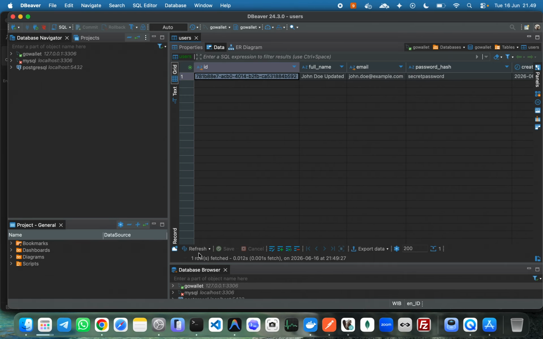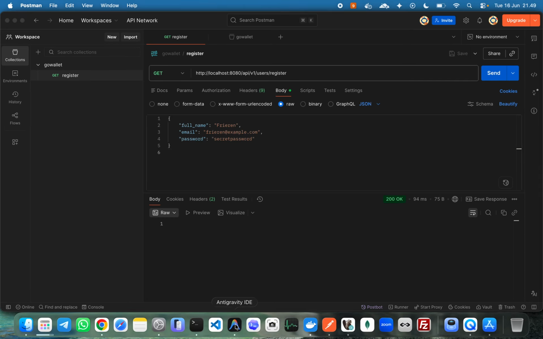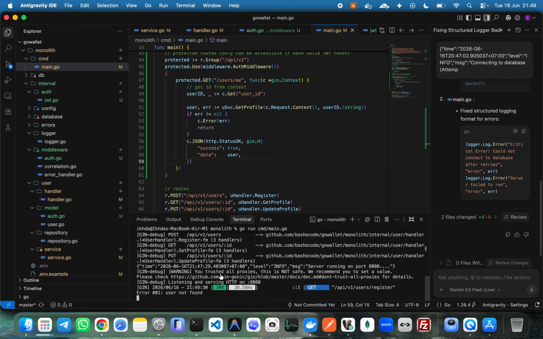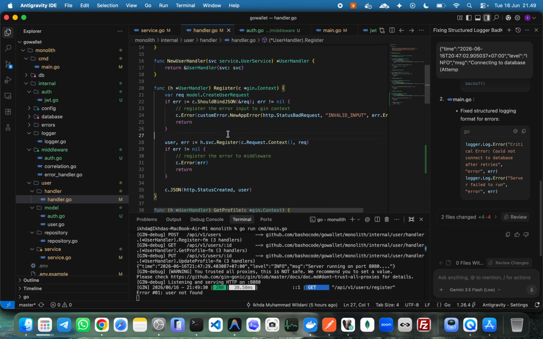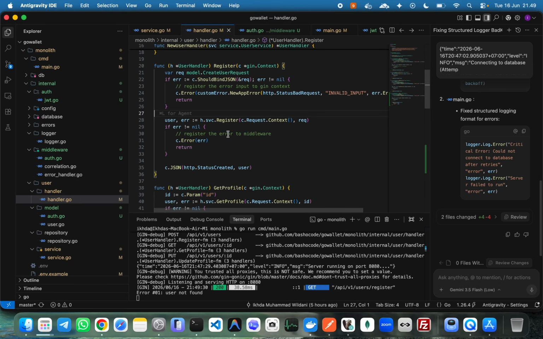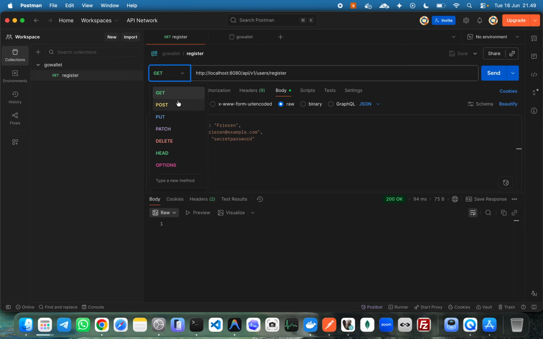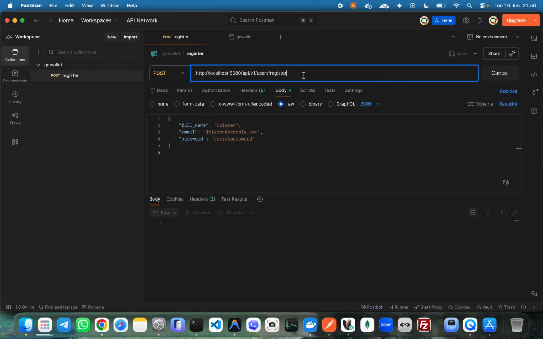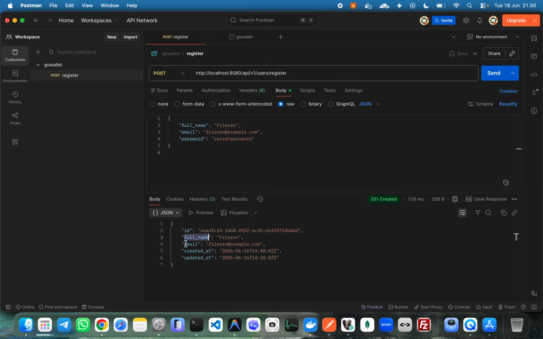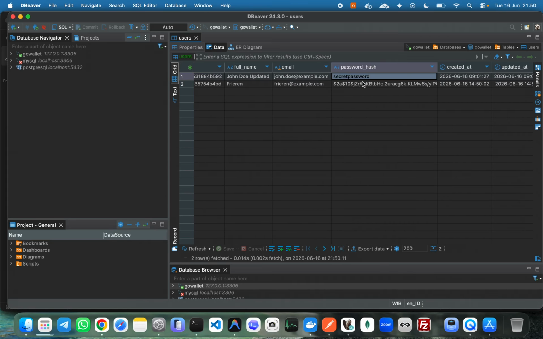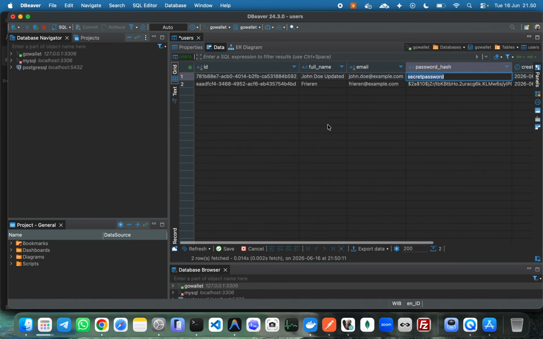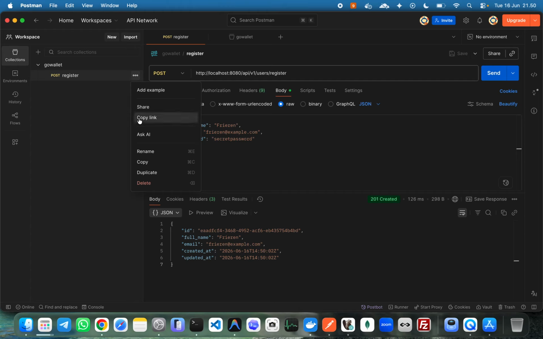Okay, and when we refresh, wait a second, why we don't get this one. Register is user not, oh sorry, we forget, we need to use post. I'm really sorry. Okay, so free run is created right to 01, and when we check in here, the password is already hash, not plain password, and then we will create new duplicate, yeah,